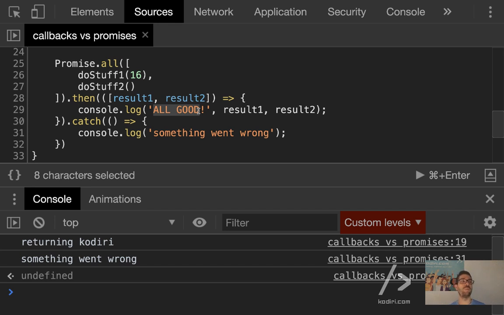No? Of course, you need to rewatch that several times. Again, I don't want to say that promises are going to massively replace callbacks, but at least in the majority of the scenarios, promises are much more convenient. So the sooner you start dealing with them, the better.